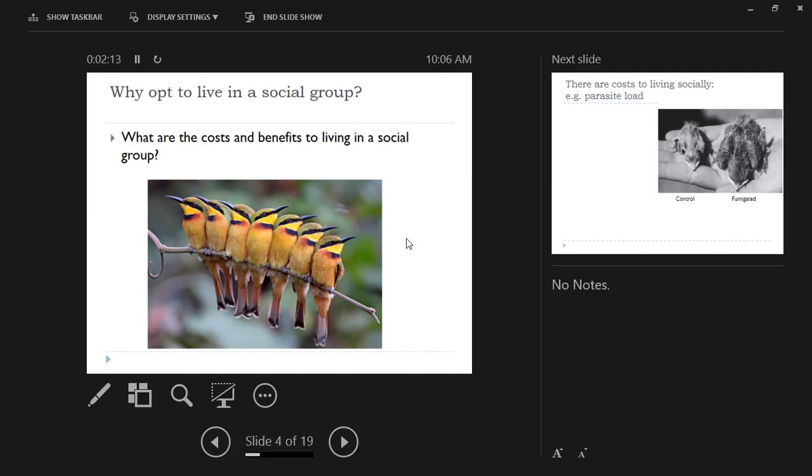So the first question, just to kick this off, is why one might opt to live in a social group. We talked a little bit about group behaviors and grouping behaviors before, as far as what the costs and benefits are to living in a social group. I thought maybe we could recap some of those. That was probably chapters 4, 5, 6, something like this, when we were talking about where animals live, how they move around, living in groups, anti-predator behavior. So what are some of the costs and benefits to living in a social group that you remember or you can think of?